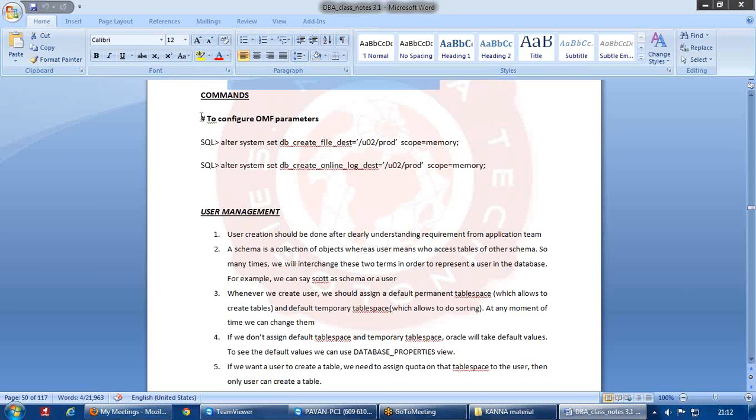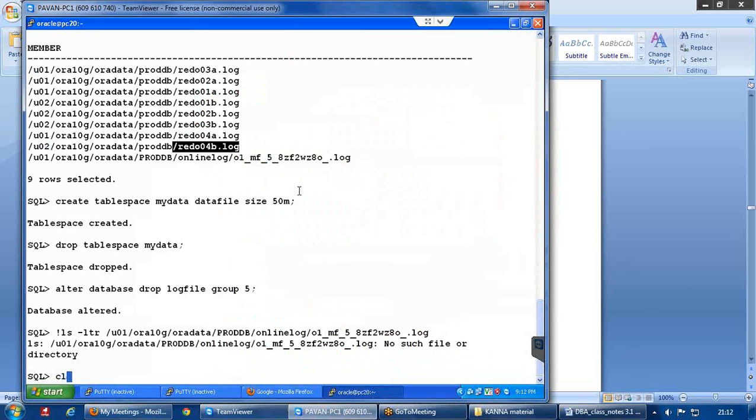And point number 4 says, if you have not assigned any default tablespace, then automatically Oracle will take some default values, and to see those default values we can use a view called database_properties. Below in the command section I have given the select query on how to select it. I am just showing it from the database_properties view.